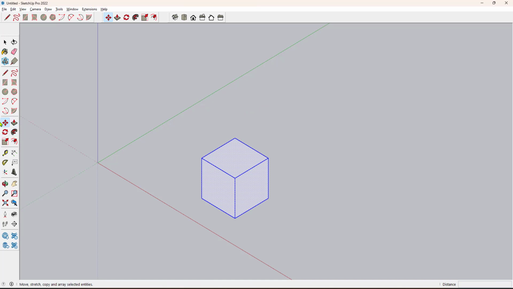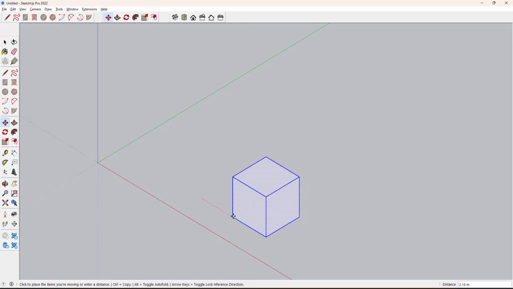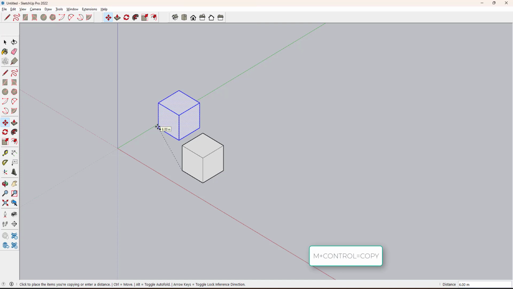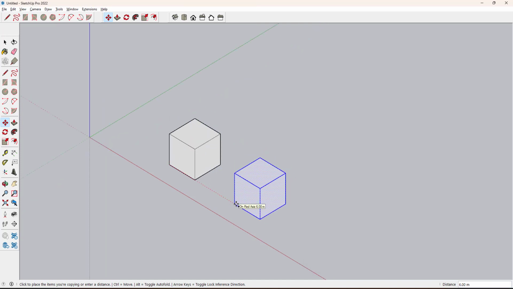We don't have a copy command separately. In order to copy this, we use the move command itself along with control. Pick the point. Before moving and placing, we have to press control to get a copy of it. When I press control, just leave the control once you get the copy. Then you can move it in a particular direction, in which direction you want to keep the copy object, and then give the distance 5, enter. Like this you can copy it in a particular direction by pressing M and then control, and come out from the command by pressing space.